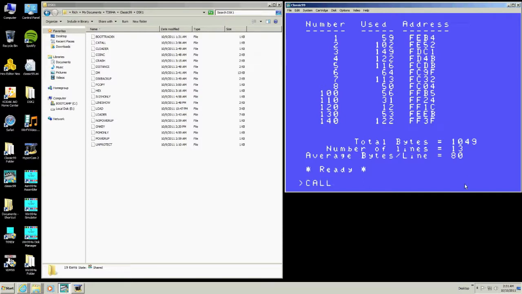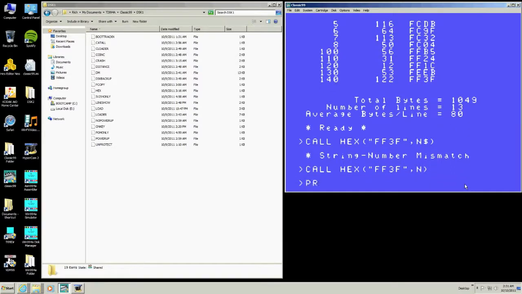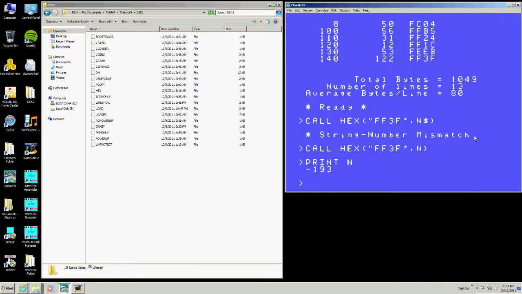What's interesting is if you use my call hex in RXB, we can go FF3F and then N. Okay, that would be minus 193. So the program used to put stuff like minus 193 right there. So if you went to a call peek